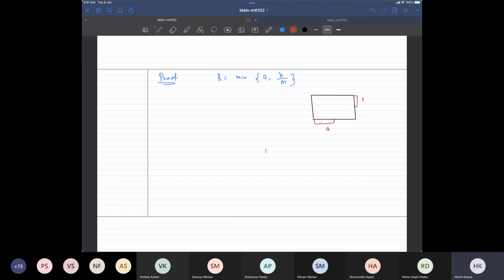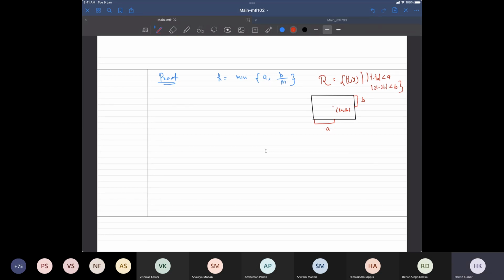This was the point t naught comma x naught, and then R was basically the set of t comma x such that the absolute value of t minus t naught is less than a and the absolute value of x minus x naught is less than b. Okay, now in this case